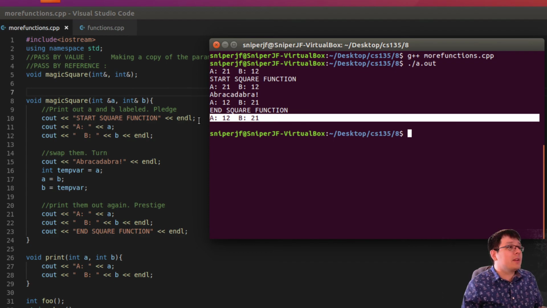So the ampersand makes it edit the original value instead of a copy. I don't want you to think of it that way. I want you to think about the real reason why, which is when you use an ampersand, you are passing that variable by reference, which means you are passing not the variable itself to the function, but the location of the variable. Therefore, when you're modifying code in the function, you're modifying the variable at the location given by A and B,